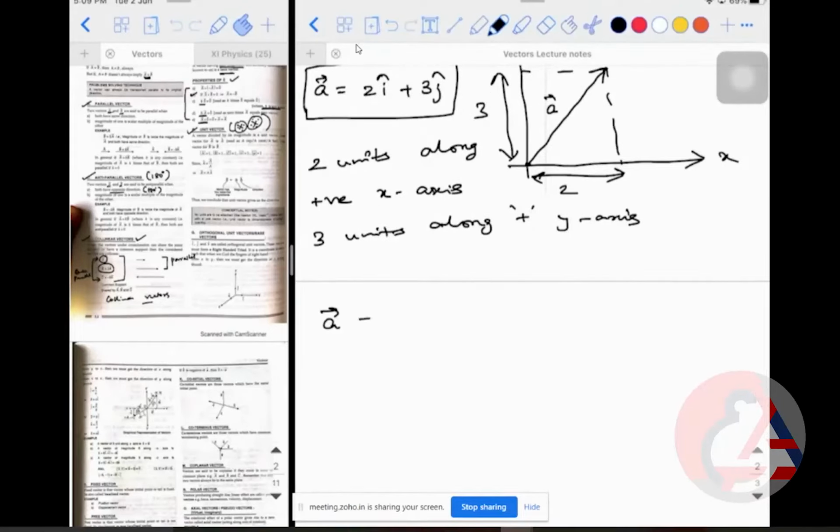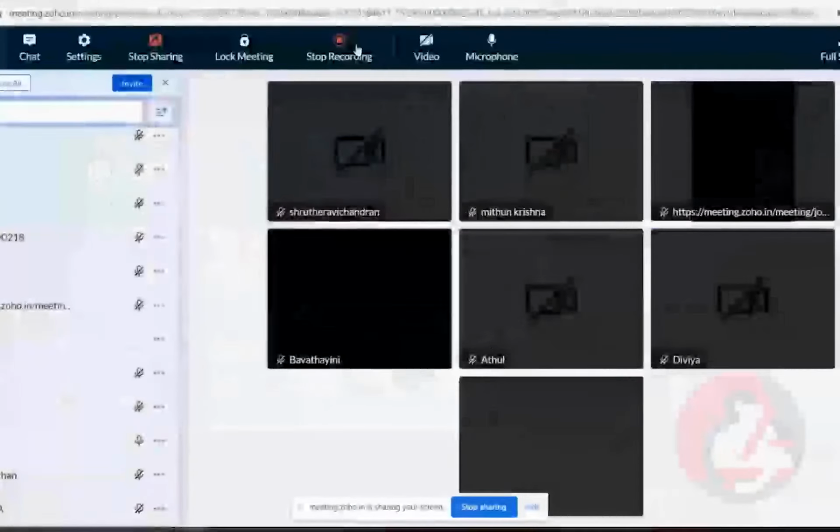Okay. In a similar way, I'm not going to draw a diagram. If I give a vector a is equal to 3 i cap minus 4 j cap, if suppose I'm writing it like this, what can you infer from this information? What do you understand from this? 4 units along negative y-axis. Very good. So how we are supposed to do is,